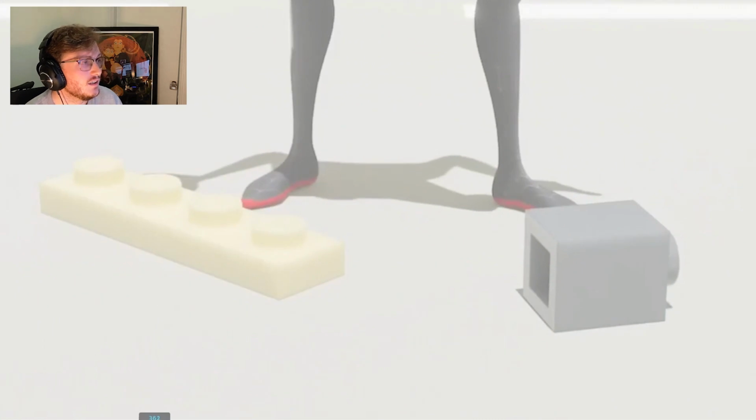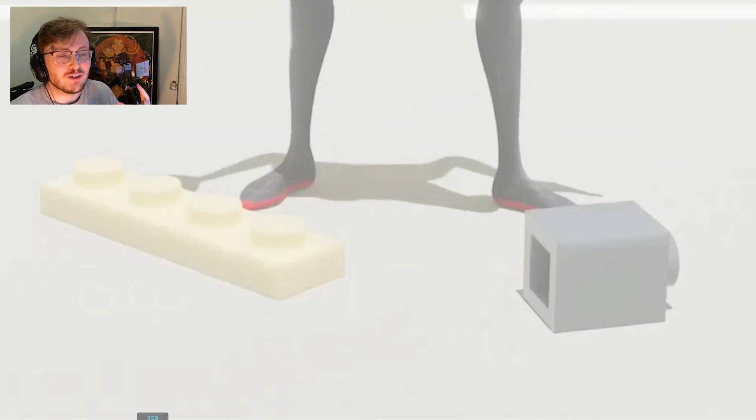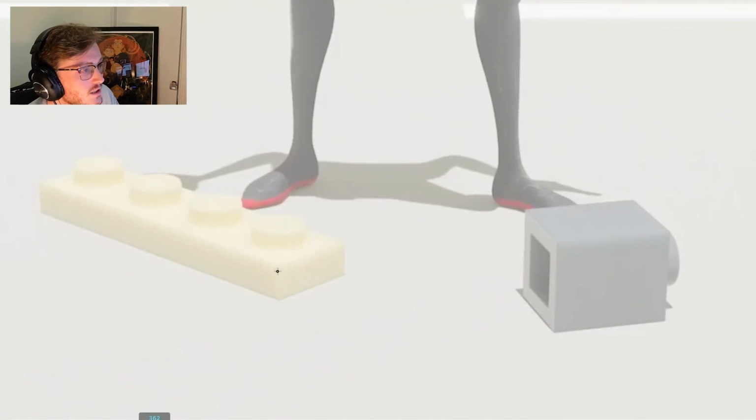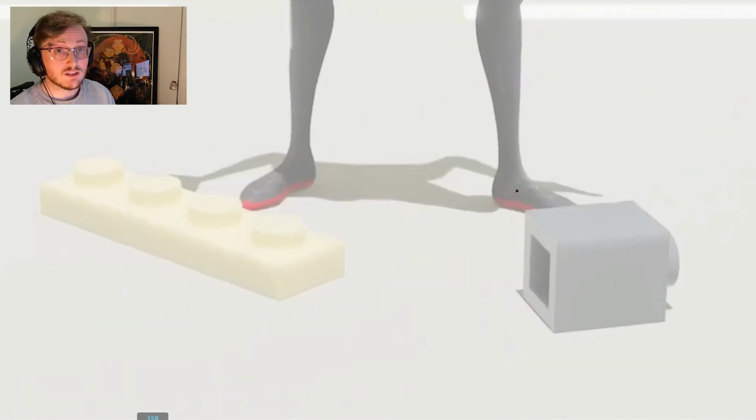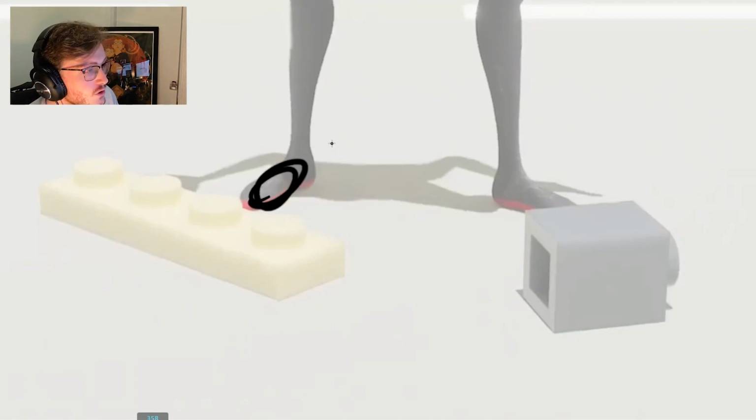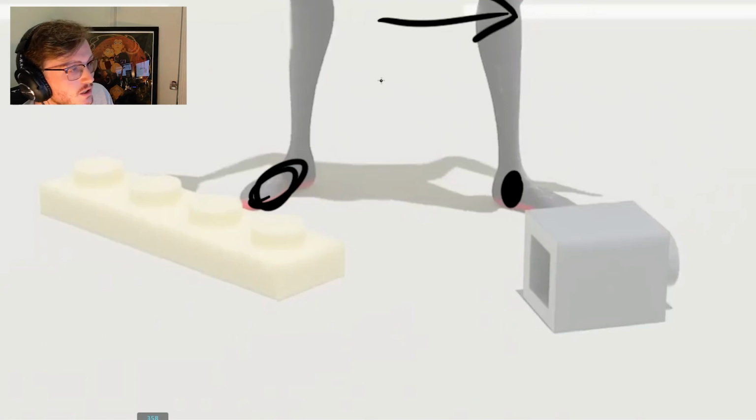One thing that I noticed here, this is something where we should always be animating with the entire body, even if you don't see it in camera. So this is an important one. See how he starts to take his foot off the ground here, but there was no shift in weight with his legs here. So what he should have done is, again, I'm going to do a video covering this when we're talking about weight and how you should shift, if he needed to take this foot off the ground, he would need to shift his body onto this leg first, otherwise he would fall over.